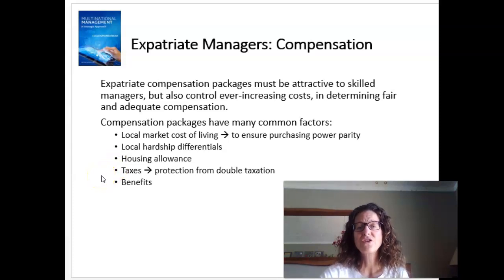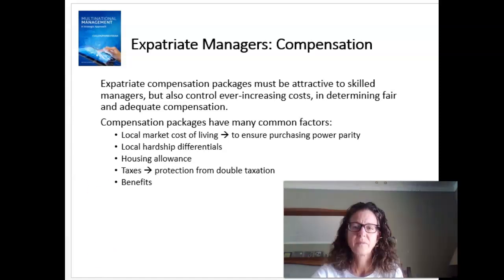Another important consideration in the compensation package is taxation. Americans are taxed for their global income. Because American citizens are taxed for their global income, it is likely that even when working abroad, those individuals will be taxed in the United States, and in certain situations might also be taxed in the country in which they are working, which represents a situation of dual taxation or double taxation. And so most multinationals will employ the services of local accounting firms to make sure to protect the expatriates from this double taxation. And each organization might take on a different approach.